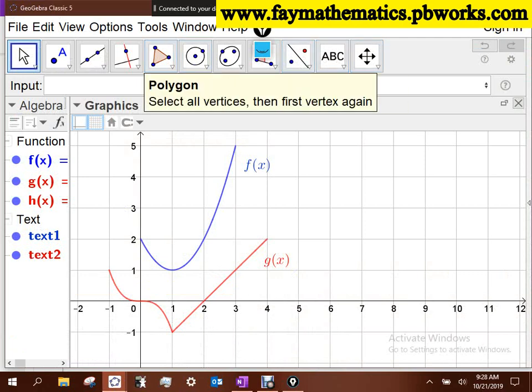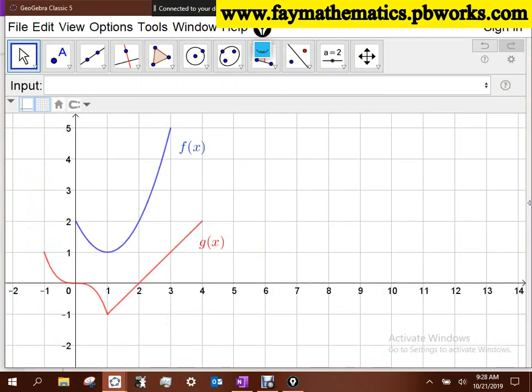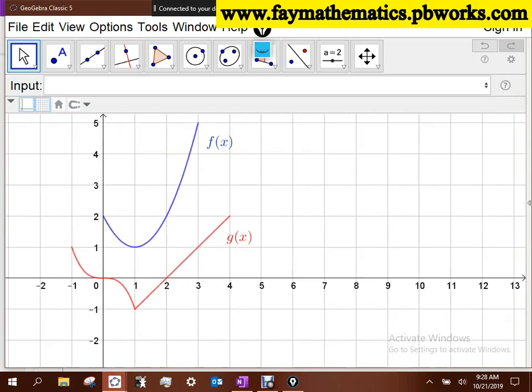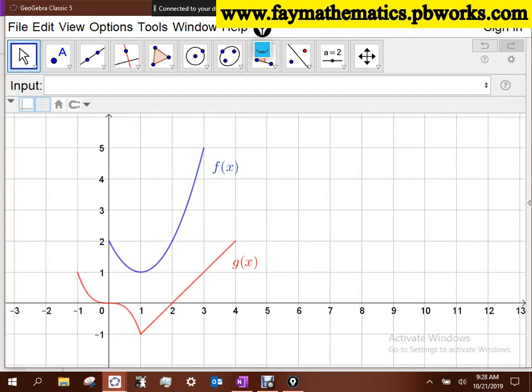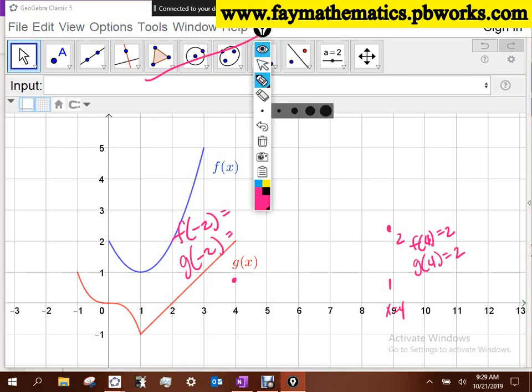Now I wanted to make this a little bit more interesting, so I made this into a piecewise function, so that I've really got three functions here. G of x is actually a composite of two functions that I call G and H. But regardless, we should be able to do this. The questions that they're going to ask you graphically, guys, are going to be of this nature. They're going to say,